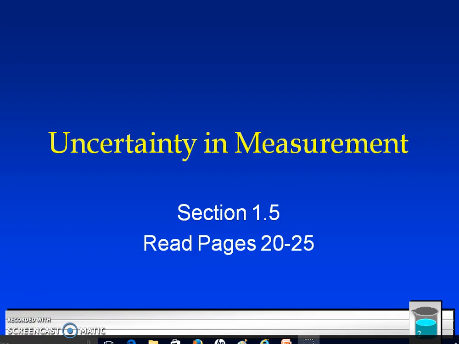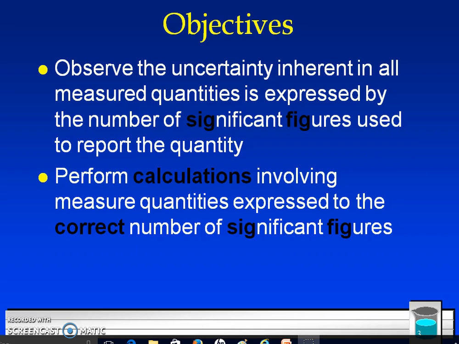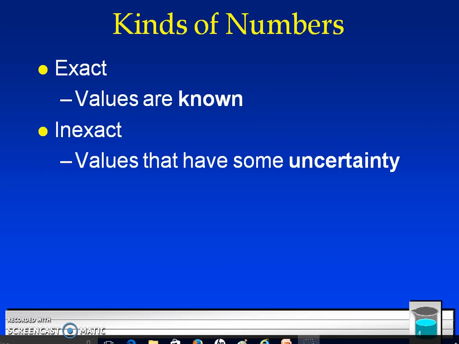This is Mrs. O'Neill for AP Chemistry, Chapter 1, Section 5, Uncertainty and Measurement. Your objectives are about observing sig figs to report them to the correct quantity and also to perform calculations mathematically and give the answer to the correct sig figs. Again, you might want to pause the video, fill in the blanks in your packet, and then play to hear